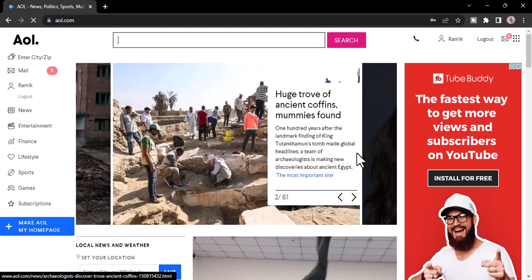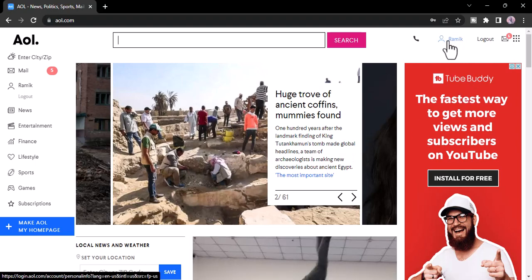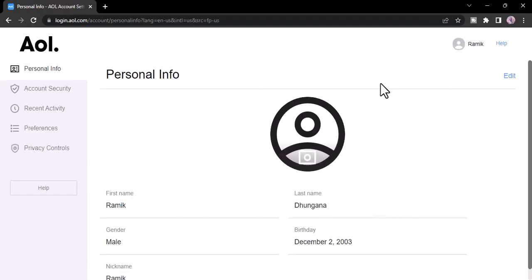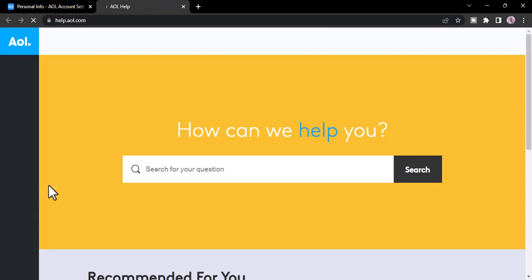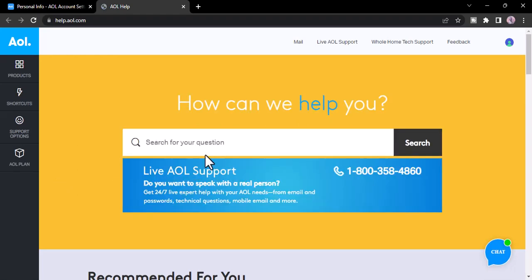Now, once you've logged into your account, in order to delete your account, tap on your name on the top right side of the screen, and now it'll take you to your personal info page. Now, once you're on this page, you'll have to click on the option Help, which is right over here. Now, you'll be redirected to this page where you'll see the search bar saying Search for your question. Now, simply type Delete your account,